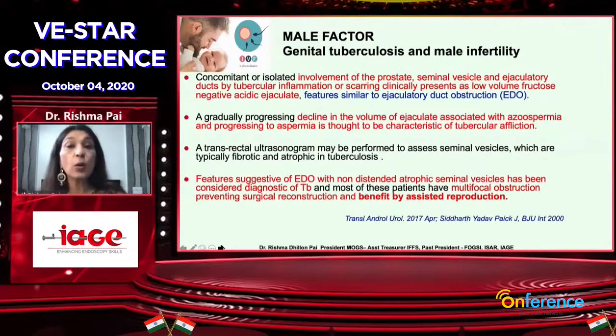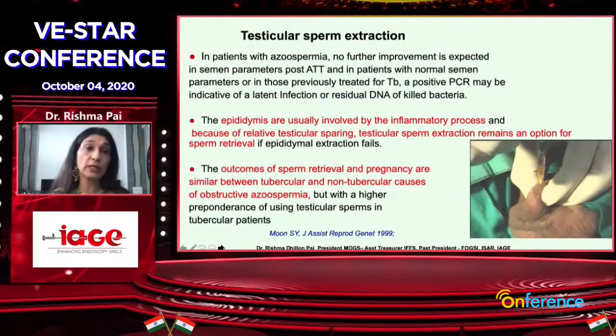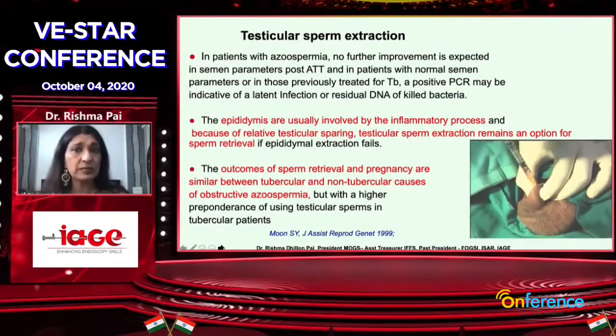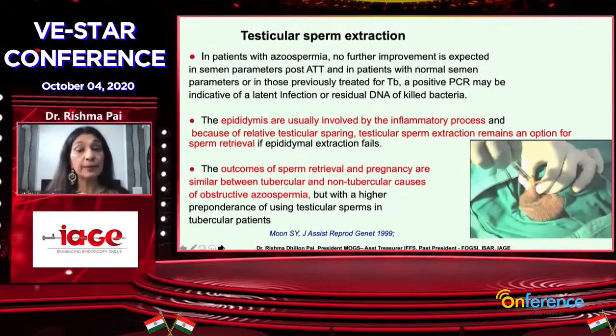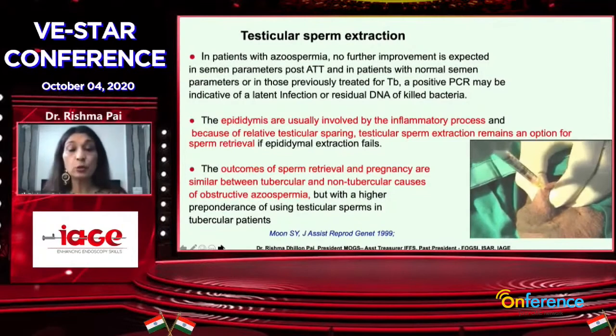Quantity as well as quality of the seminal fluid and sperms keeps on going down, and eventually the only thing which might work is a testicular biopsy. Even epididymal aspiration does not work because the epididymis may be blocked in many particular places. So when you do a TISA, you get sperms, you do an ICSI, you'll be able to help the